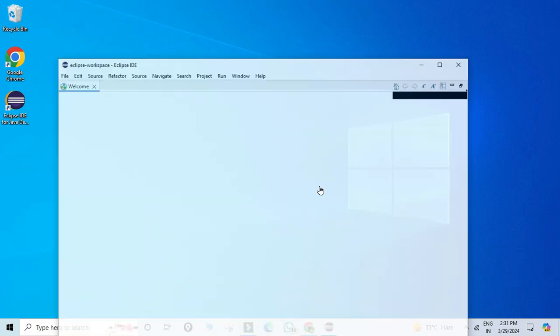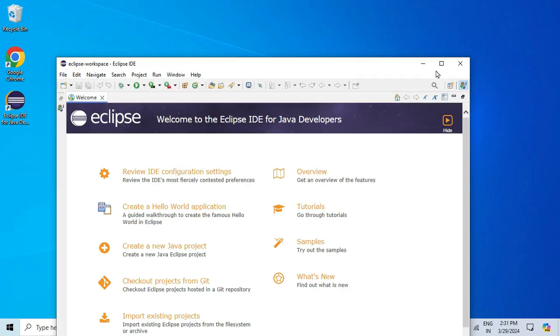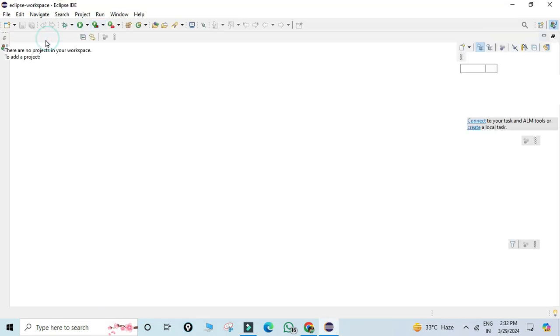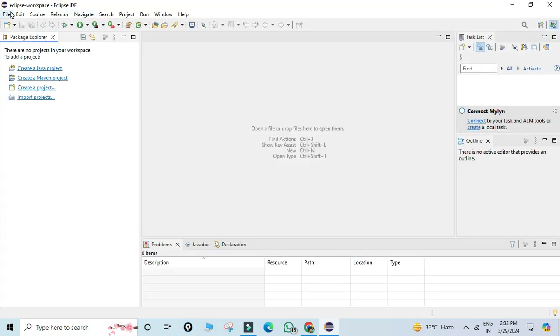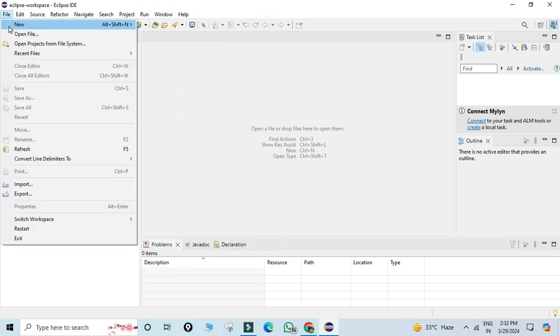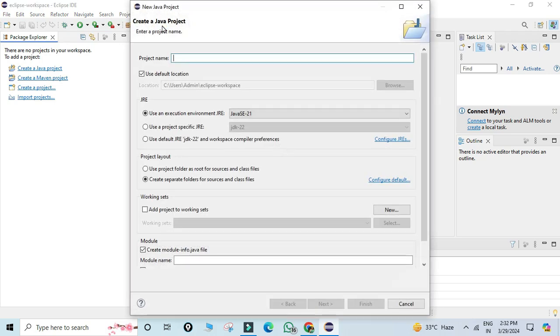Okay, so guys, you can see my Eclipse IDE has been started, and this is a welcome screen. Let me close this welcome screen, and let me close other things also. So now guys, here I will be creating a new Java project. For that you need to go to the File menu, select the New option and then Java Project, right? And now here we need to provide certain details related to the project. So we need to give a project name. So here I'm giving my project name as.